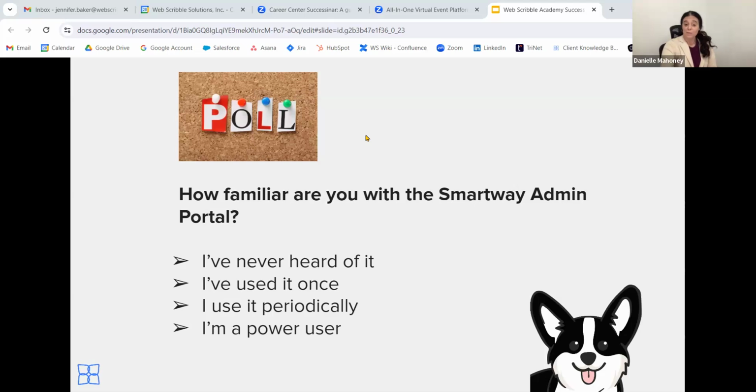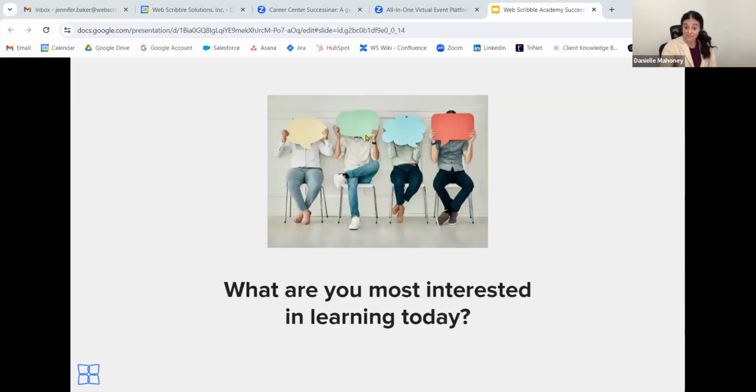Like I said, this is about Smartway. We're going to try something different. We're going to do an actual interactive tour of Smartway today, just to help ensure that we are covering all of the areas that you're hoping to get out of this. You can definitely drop a note into the chat, and Jennifer is going to talk about Slido in a minute. For those of you who were at our last one, we like to use Slido if you want to do it anonymously. But if there's something you're really hoping to walk away with today, just shoot us a note and we're happy to jump in.